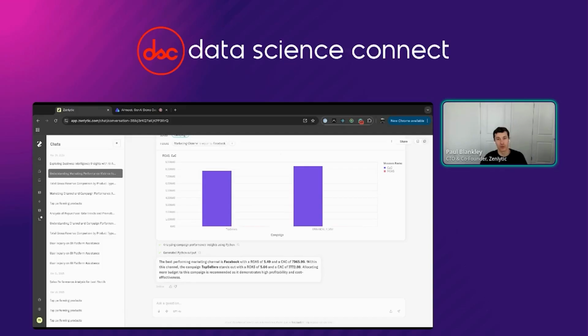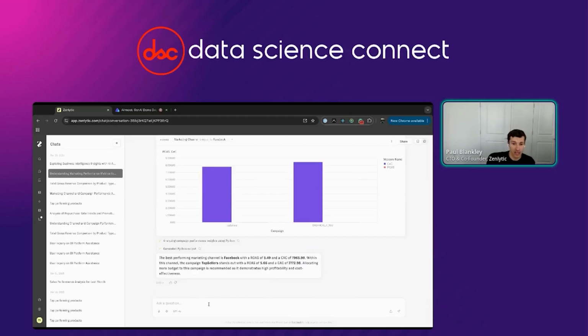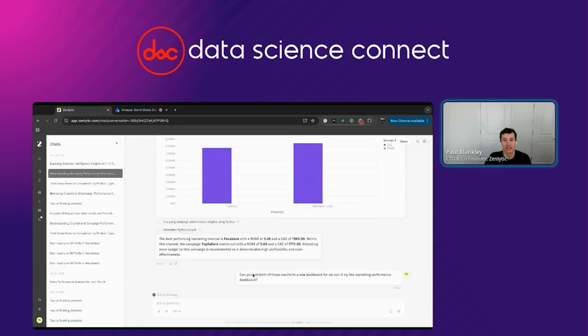So that's one of the things that we view as the unique value that Zoe is able to provide. The other thing that's really helpful with Zoe is that all of this is integrated inside of Zenlytic, broadly speaking. So for instance, right here, I could say, can you add both of these results to a new dashboard for me? Call it my marketing performance dashboard. And this is going to help me just say, okay, I got a result that's really helpful that I can use